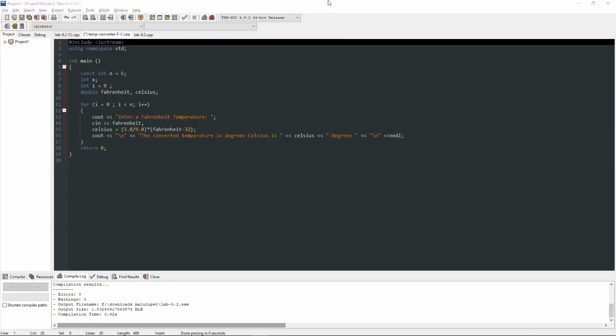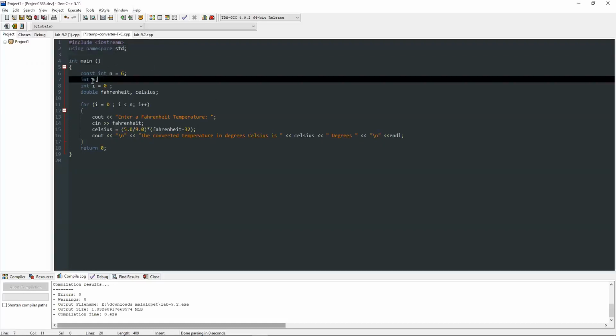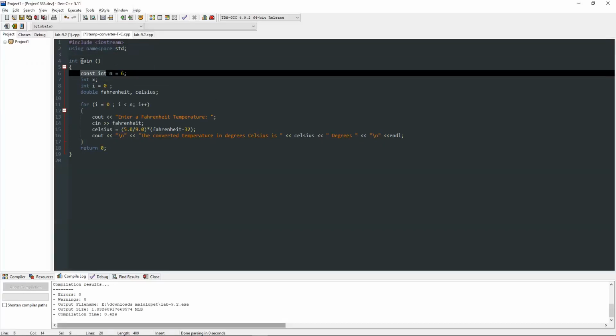I'll be showing you today our two source codes. The first source code's goal is to input a Fahrenheit temperature and convert it to Celsius, and it will continue to do it as long as you input another Fahrenheit temperature. As you can see, first we're using namespace std to declare some variables, and inside